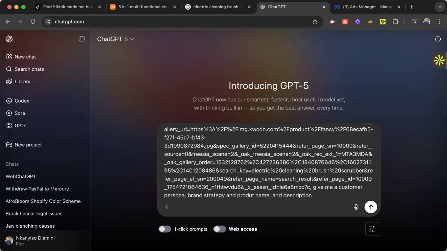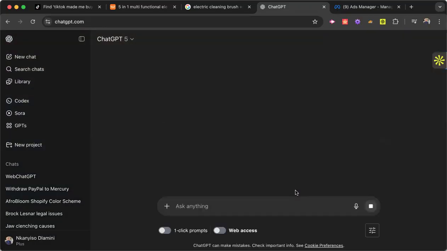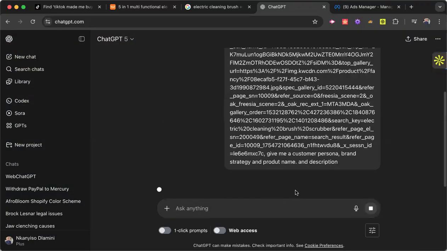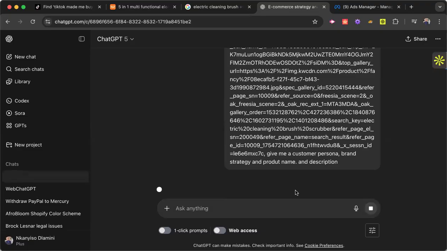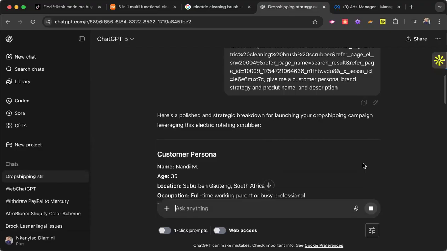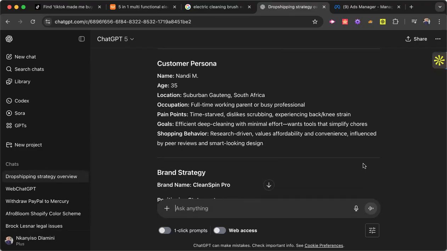And that is why we're now on ChatGPT 5. Let's see what they come up with. ChatGPT knows that its main task is to create a brand that's going to make us 1 million Rand. So now we've got a customer persona. We're understanding who we are selling to, because we're not selling to everybody. We're selling to a certain person. And the goal is to keep selling to this type of people so that we can make 1 million Rand in 12 months.